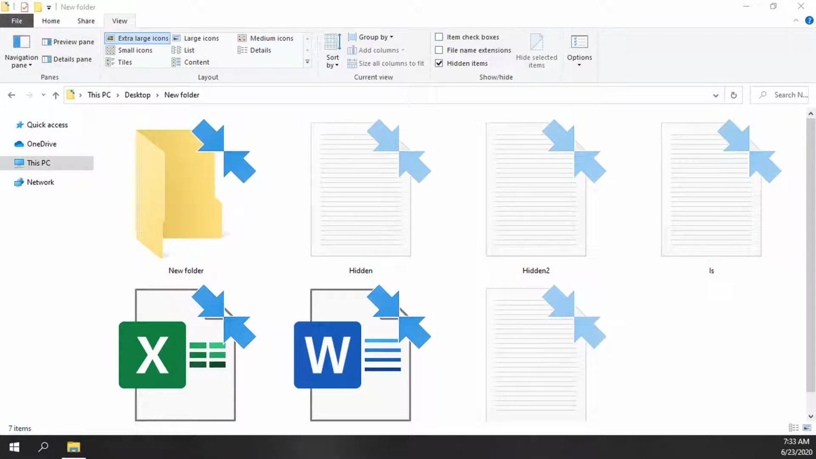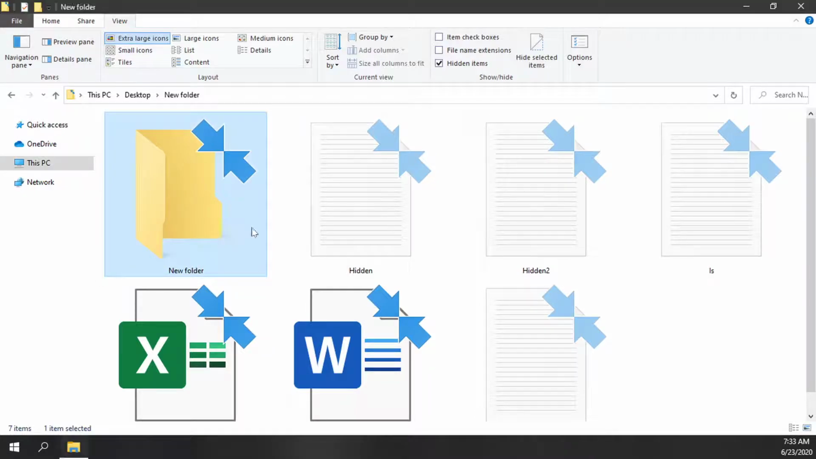How to select items in Windows in different ways. So right now I have a folder open in my file explorer, and I've got about 7 different files in here. Now there are different ways I can go about selecting one. If I want to click and drag it somewhere else, I can of course just click on it, and you'll